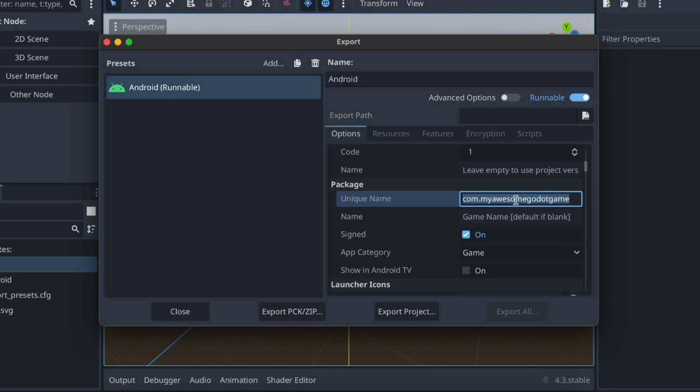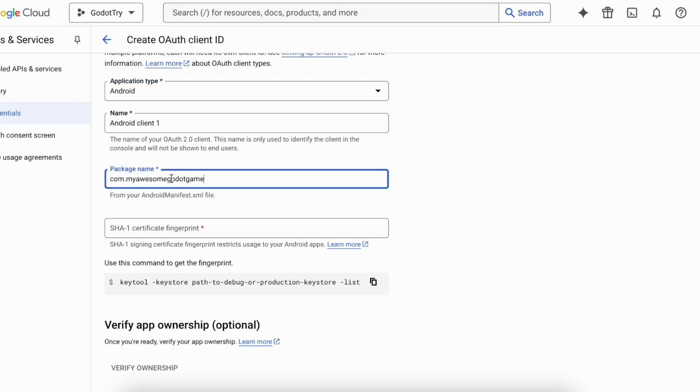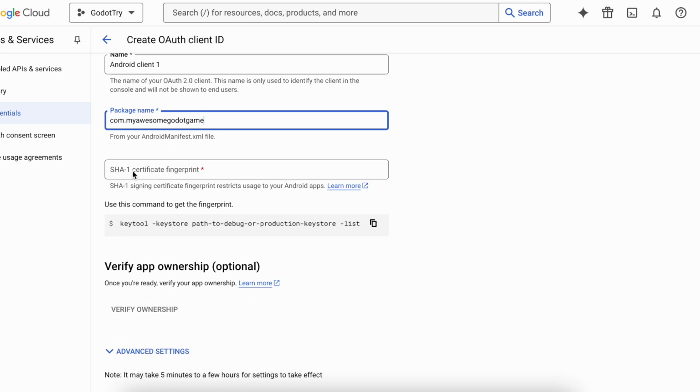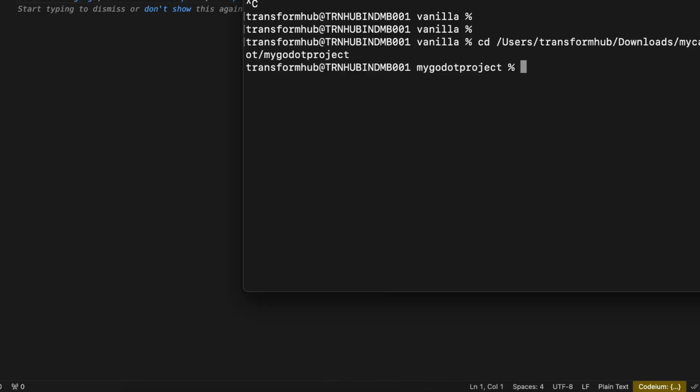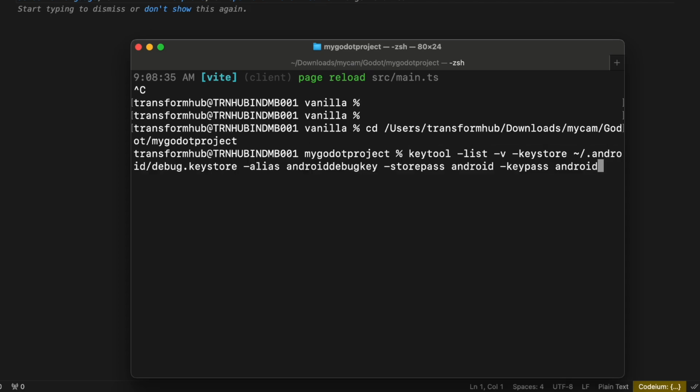So I'll just copy this package name, I'll close this, and I'll come over here and paste my package name over here. Now I require the SHA-1 certificate. To get the SHA-1 certificate, we will have to run this particular command. So I'll open my terminal and paste this command, but be careful, this command is for debug